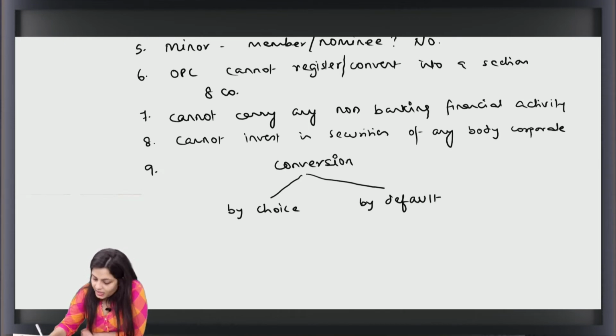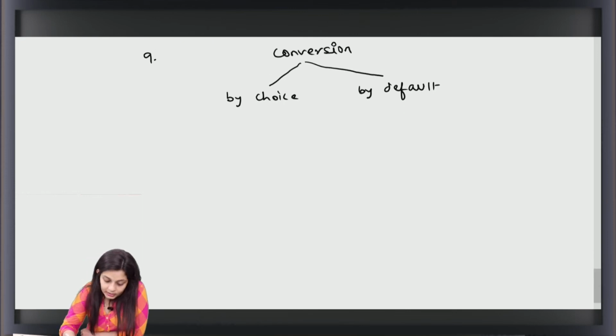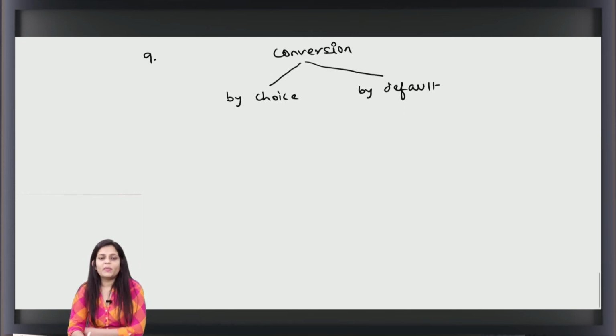Can an OPC be converted into another form of company by choice? By choice means the member decides that I want to convert into a private or a public company. Can it convert into a Section 8 company? No, I told you it cannot convert into a Section 8 company. Can it convert into a private or a public company? Yes. But